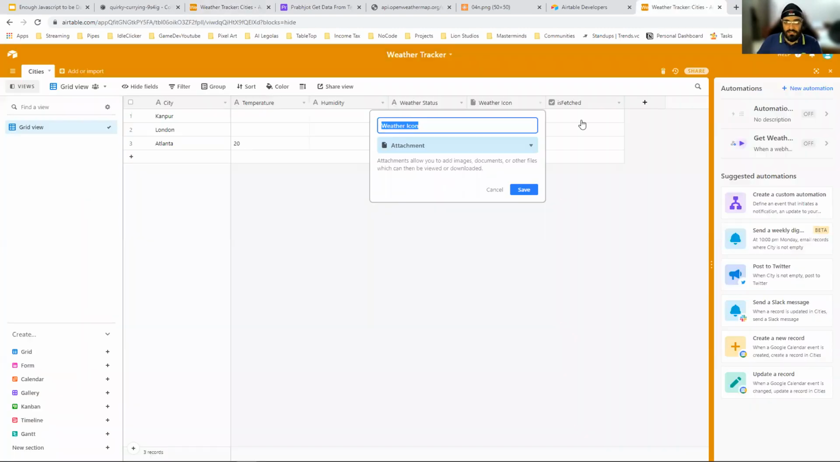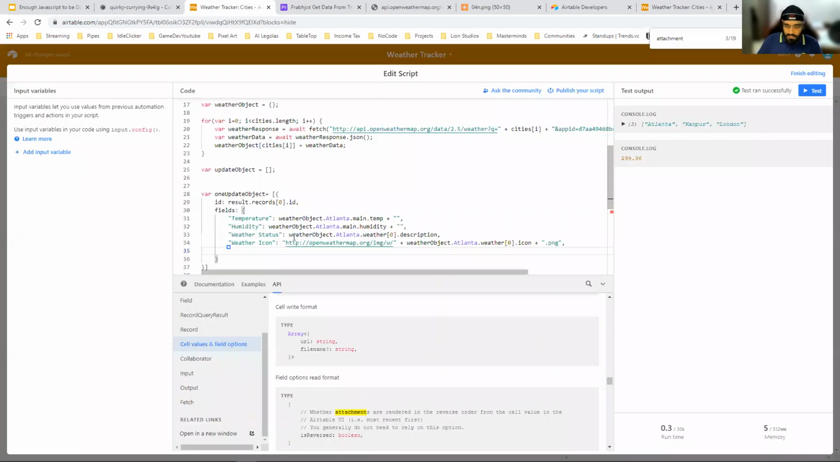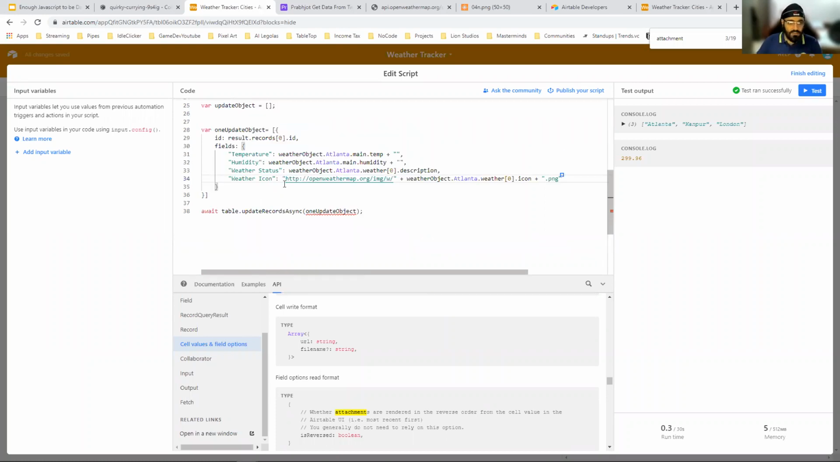And the final thing is fetched, right? And I'll come to why we want to do that later. So we'll not do that now. Cool. So now if I run this,